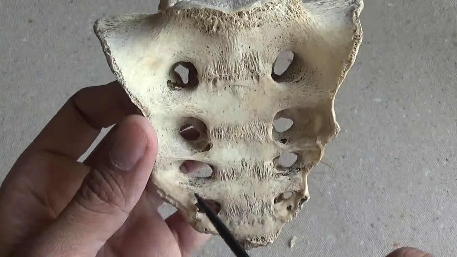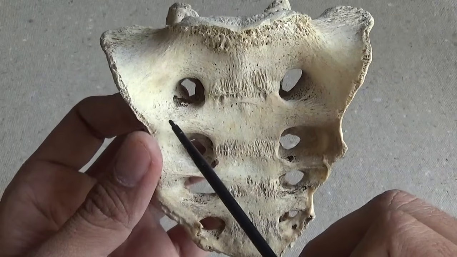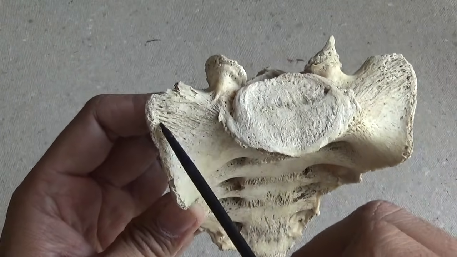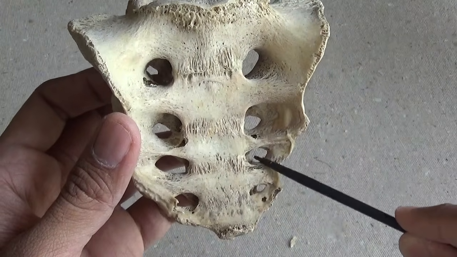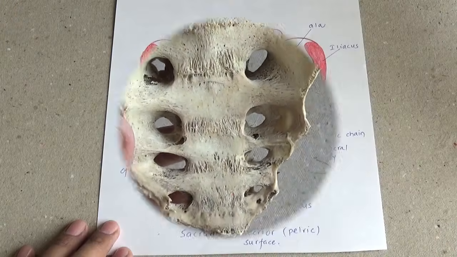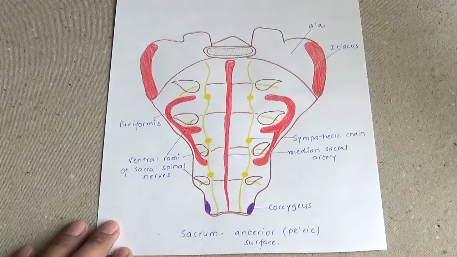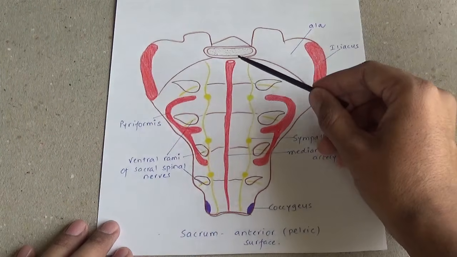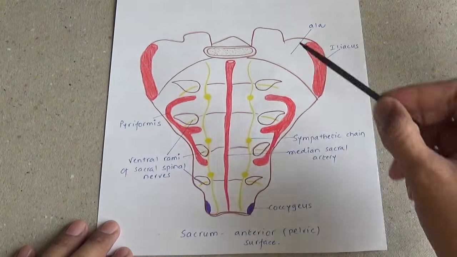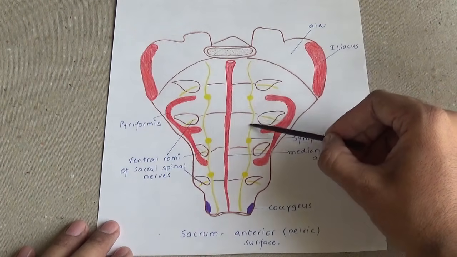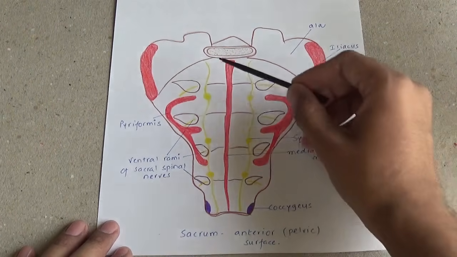Lateral to that, there are lateral sacral masses which are formed by fusion with costal elements and transverse elements that we have discussed. So these are termed as lateral mass of sacrum. Now to understand structures related to pelvic surface of the sacrum, let's see this diagram. So here you can see in the midline it is related to median sacral vessels. Then comes sympathetic chain, which is related to the medial margin of pelvic sacral foramina, on either side of midline.